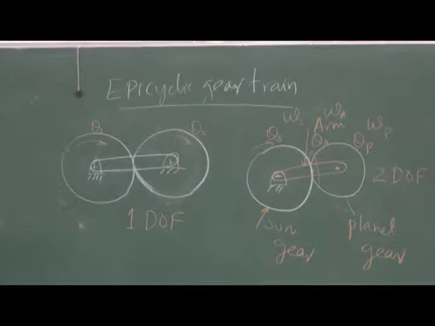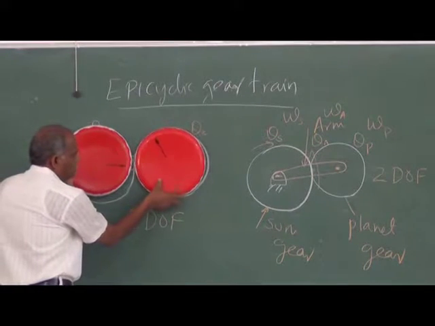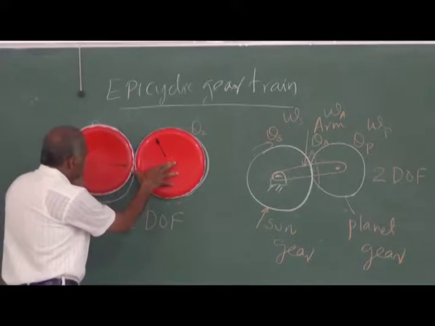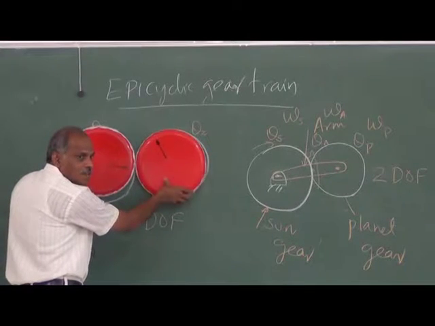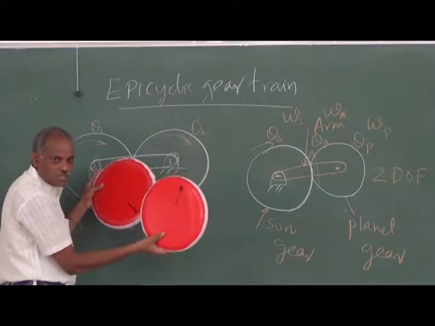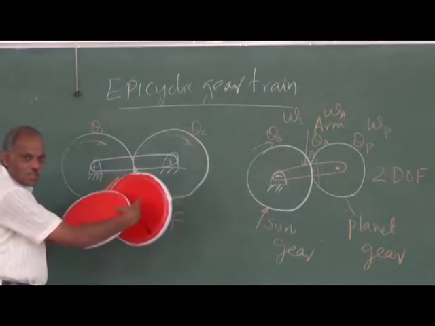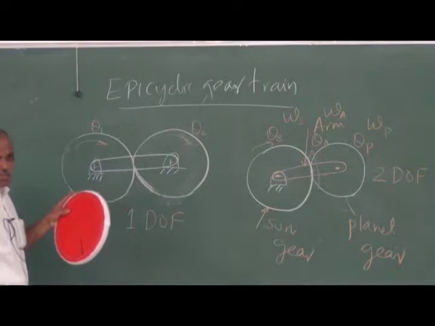If I consider these 2, they are of equal diameters. If I fix both of them about its center and made it to rotate, they will undergo 1:1 ratio. This will undergo only 1 rotation. If I give 1 rotation to the input, the other output also will undergo 1 rotation.